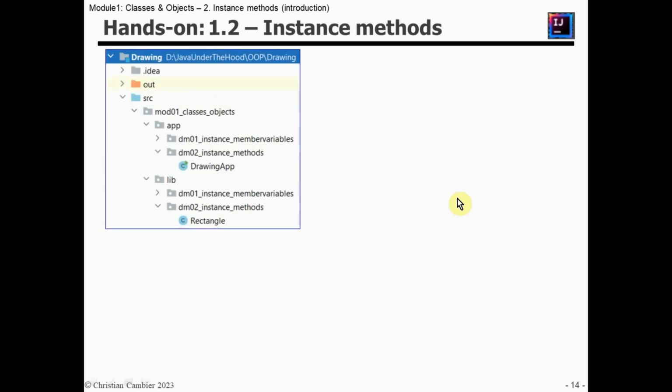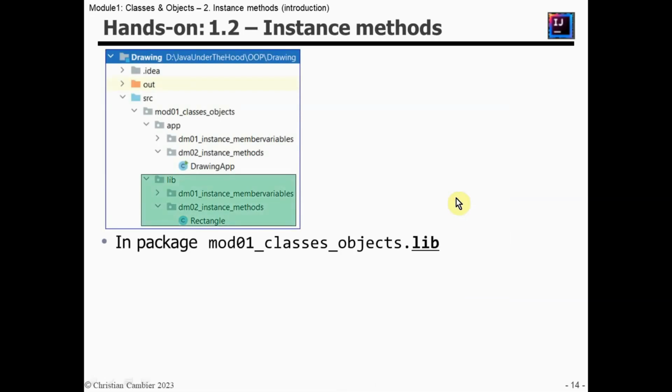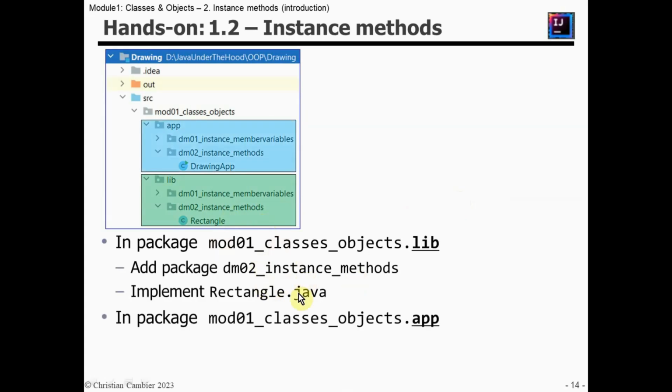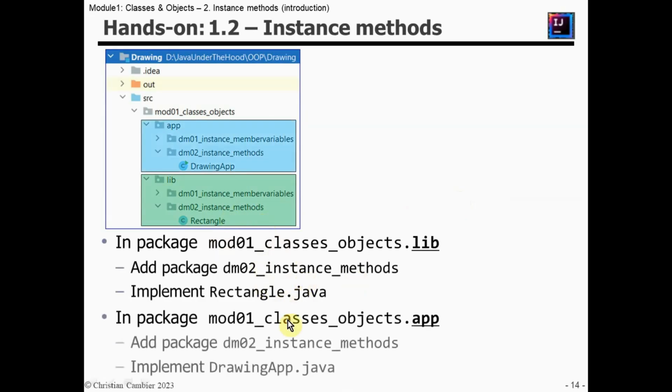So what am I going to demonstrate in the hands-on video? First of all, add in the lib package dm02 instance methods and implement the discussed topics in the rectangle class. And in the app package, add package dm02 instance methods as well, and use the new topics of the rectangle class in a new